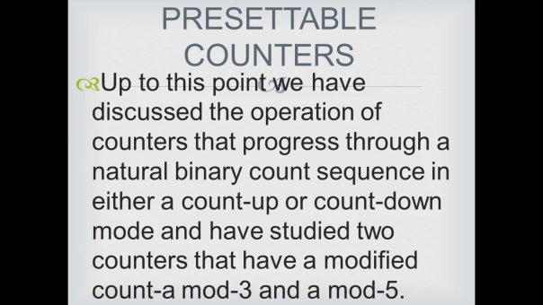You have studied asynchronous counter as well as synchronous counter, and after that you have studied that this counter can be modified using the forced feedback method, and that way you have studied the mode 3 counter and the mode 5 counter. Mode 3 counter can be prepared using 2 flip-flops, and mode 5 counter can be modified from the natural counter of modulus 8. By skipping 3 states, it is converted to a mode 5 counter.